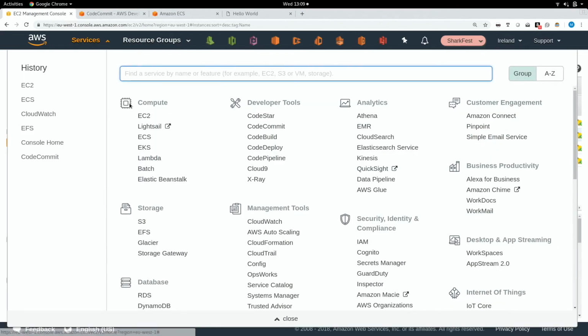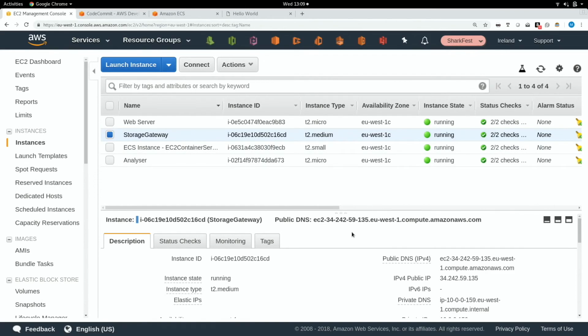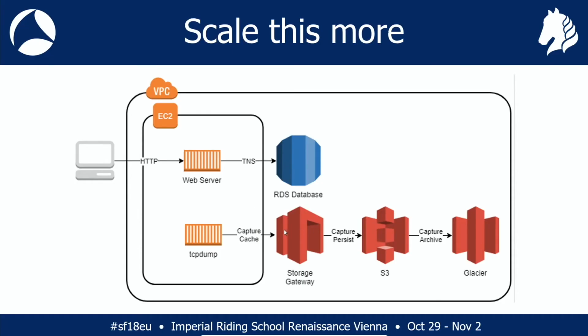Sorry, I should have said how the Storage Gateway works. It exposes NFS, or in this case now also SMB, so you can back your Windows stuff to it as well, as mount points or shares, whichever way you want to look at it. Then it runs a cache on that particular instance. So you write to it, you can read out of it, and then it will persist that in the background into S3. In this particular use case, we don't care about reading, so we don't really care much about the read cache performance. All we care about is writing to it.